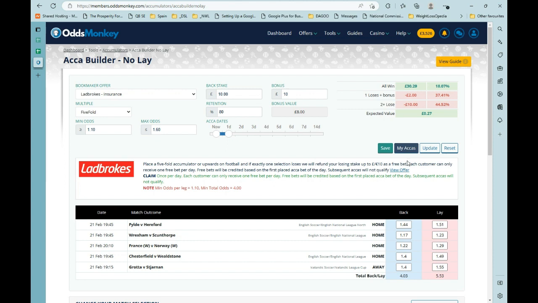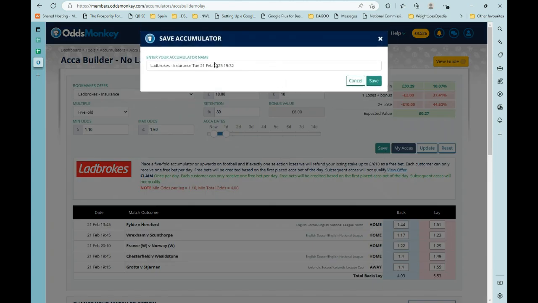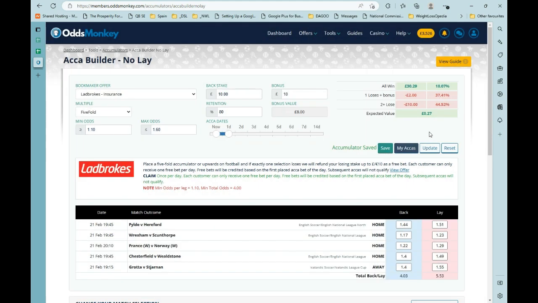So back in the Odds Monkey screen, you can just click on save. And that'll save the current ACCA with the current date and time that you're doing it. Just click on save there. As you can see, it's saved this one now. We're looking at an 18% chance of all of them winning. We're looking at 37% chance of one losing, and we're looking at 44% chance of two or more losing for